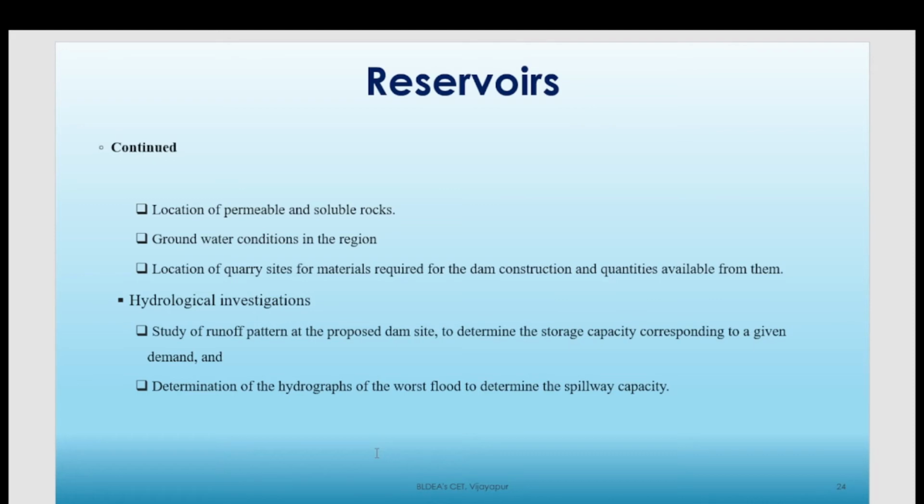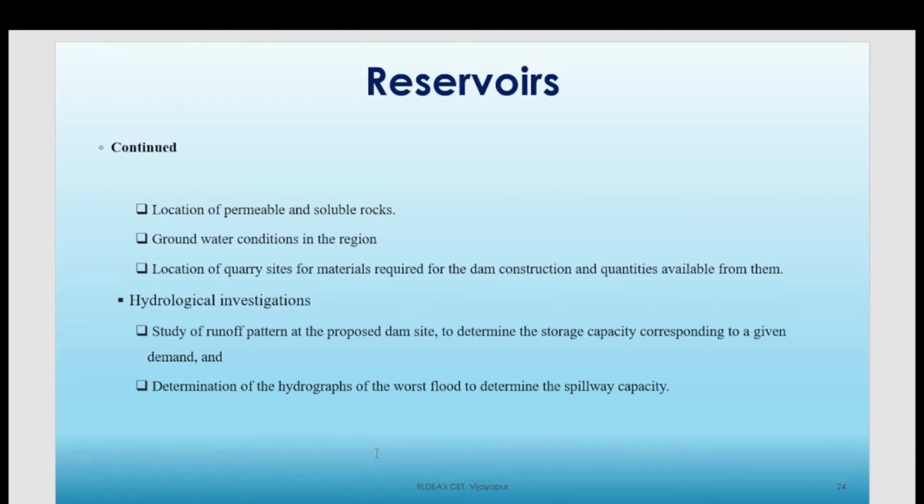This is a cross section that you can see in the diagram. So here we can typically see this dotted line is representing the spillway portion. This spillway portion is written as crest of spillway. Okay, we'll come from the top. This is the top of the dam. This is called MWL. MWL is basically the maximum water level.